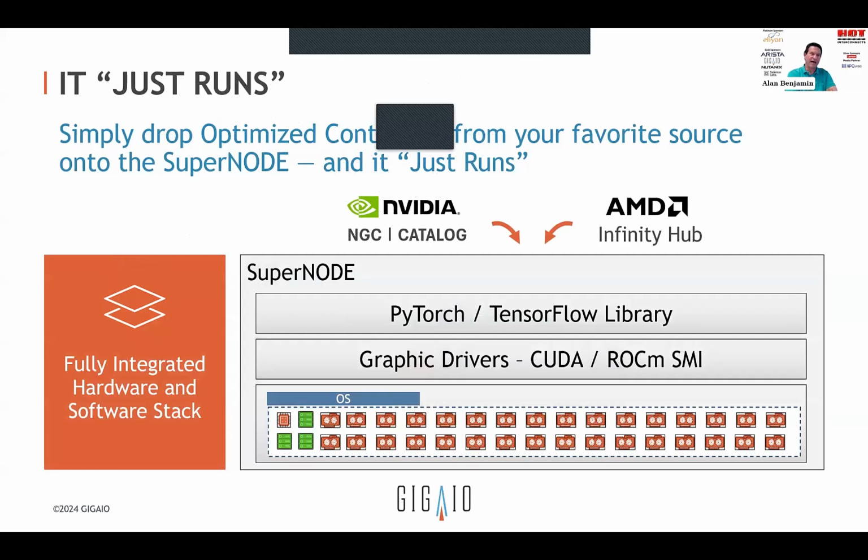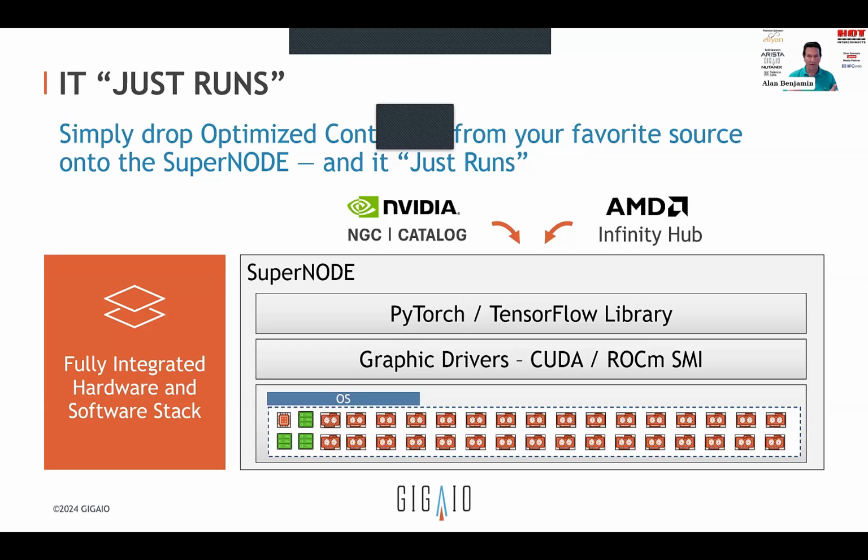One of the things that we set out to do was make this super easy for people to actually use. So on one hand, everything shows up in the lspci, so it's all available there at the operating system. You add 32 GPUs, all 32 of those GPUs are there. But it turns out that's necessary but insufficient. You also have to integrate in with the graphics drivers, and we carry it all the way through the PyTorch and TensorFlow library level. And there was a considerable amount of software at each level working together with NVIDIA and AMD